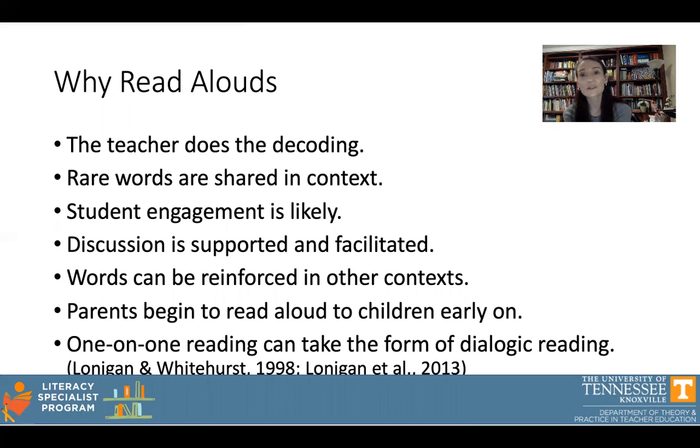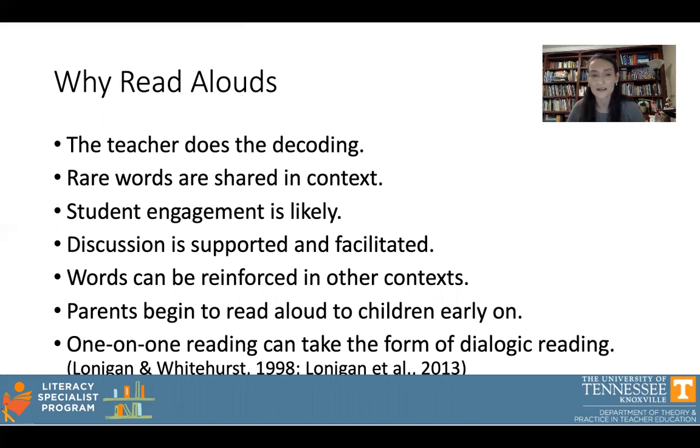Student engagement is very likely to happen when you have the read aloud, because the children are engaging with the reader, and the words that the children are learning can be reinforced in other contexts. I'm referring to other readings, as well as throughout the day, if a parent is reading, or if it's a teacher, throughout the instructional day, across other contexts, not just during the